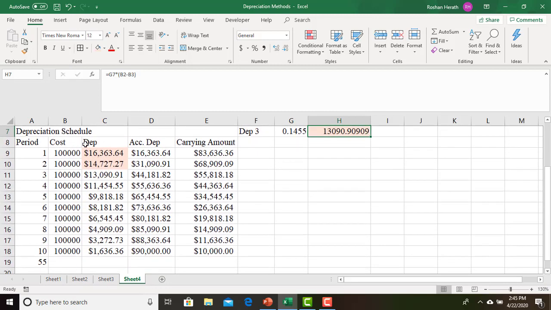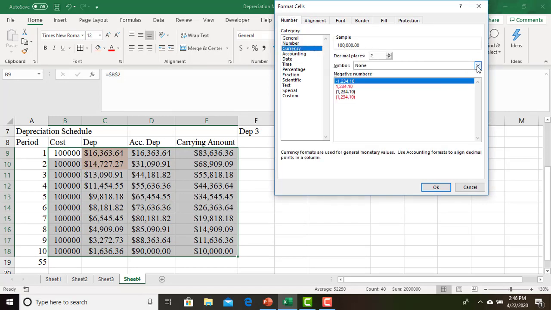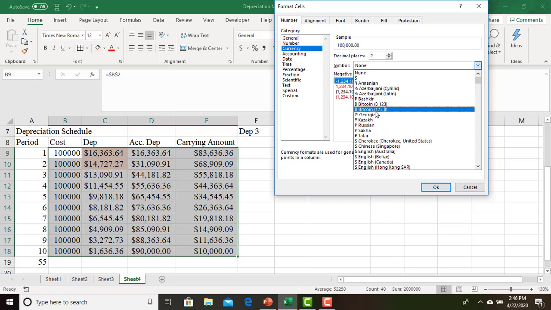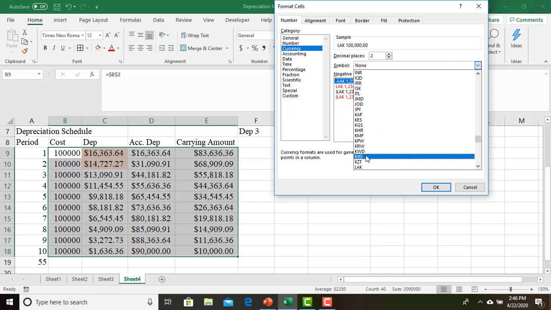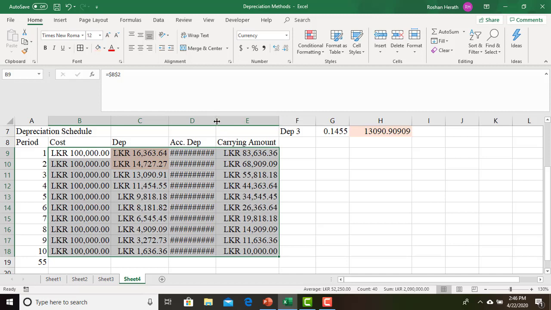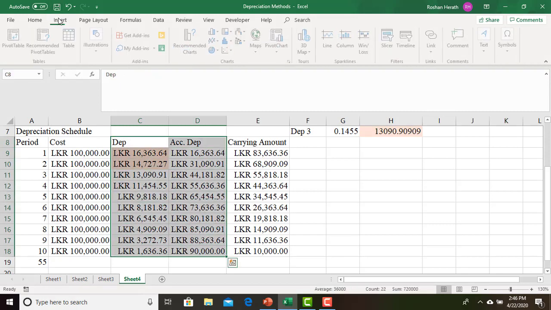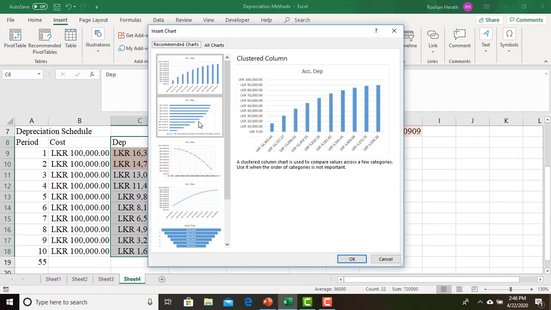Again, you can convert this into local currency because we are operating in Sri Lanka. So format it as currency. It is called LKR. Then as usual, you may draw the requested bar chart. Go to insert, take the recommended chart, and